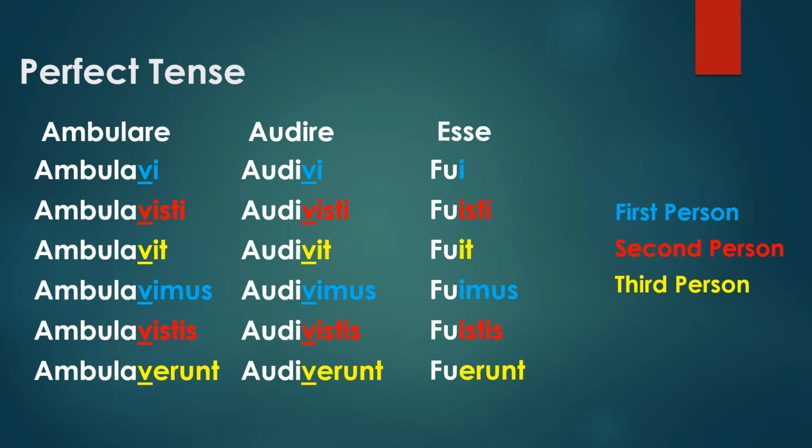I've picked ambulare and audire as first and fourth conjugation verbs respectively, because the rules for determining the perfect tense are slightly more complicated than the imperfect tense, and first and fourth conjugation verbs tend to work quite cleanly, and these are the ones that are typically used in the stories for this stage, but we can come back to the other ones for the second and third